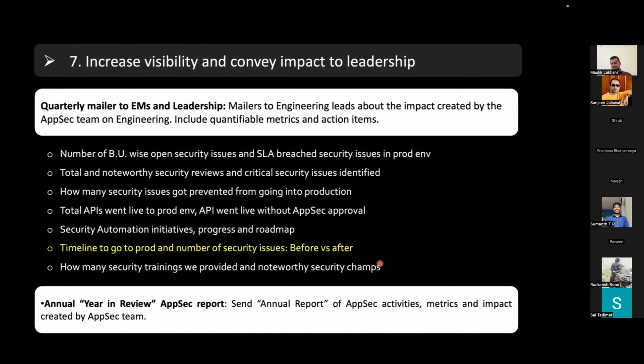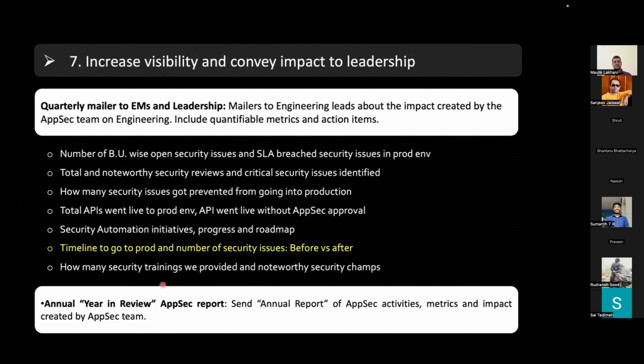For example, before security trainings, people were coming to you for design review, and in every design review, you identified 4 or 5 security issues, and out of them, one or two were critical or high. Now, after a year or two, when people come to you, instead of 4 or 5 security issues, you are identifying only one or two, and those are very low or medium severity issues. So severities have gone down. The number of security issues in terms of design reviews, SAST, SCA has also gone down, and people have generally become more security aware.